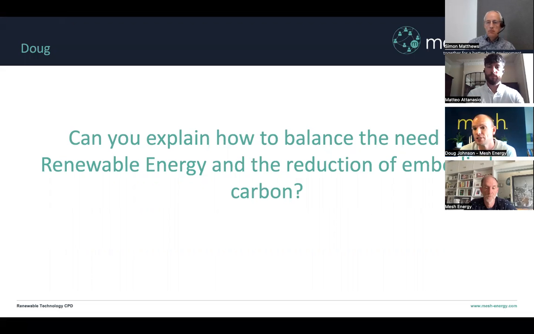But renewable energy, heat pumps and stuff, have been around for hundreds of years. In any kind of meaningful form in the built environment as we would understand them now, probably the last 40, 50 years. But yeah, people get carried away with stuff. It's stuff you can see, it's stuff you can tell your friends about in the pub. And I put a heat pump in, so I need a gold star now because